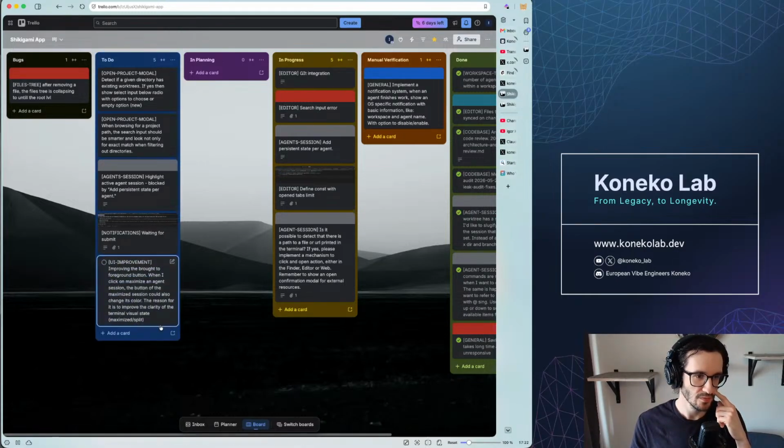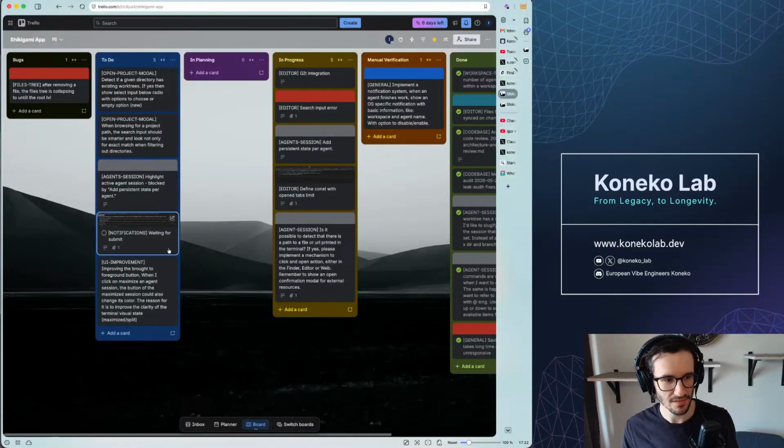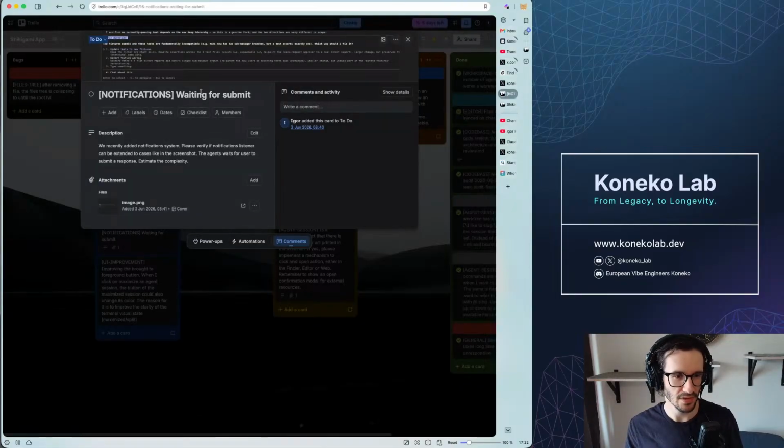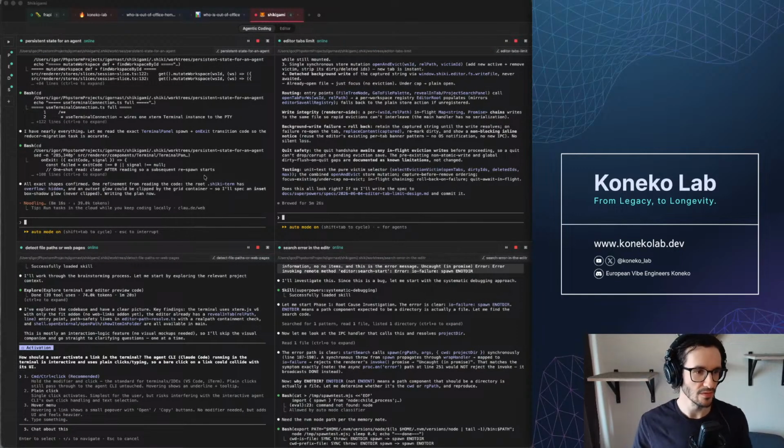Yeah, small UI improvement. Okay, I think the order now is the right one, and there is a high chance that specific issue is going to be resolved because of the persistent state of agents, because the agent that is working on it also touched that area and asked when it should put a certain state, in this case waiting for an input. So maybe it's going to be resolved.